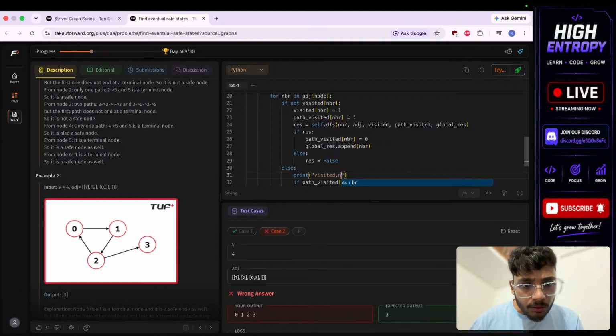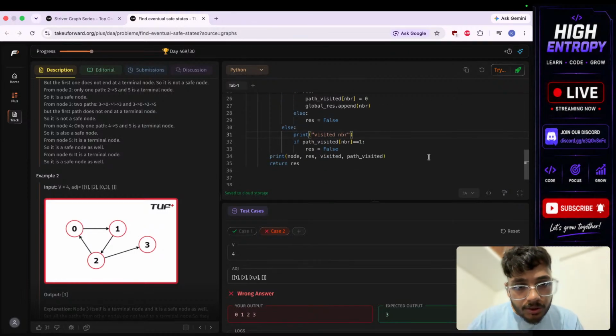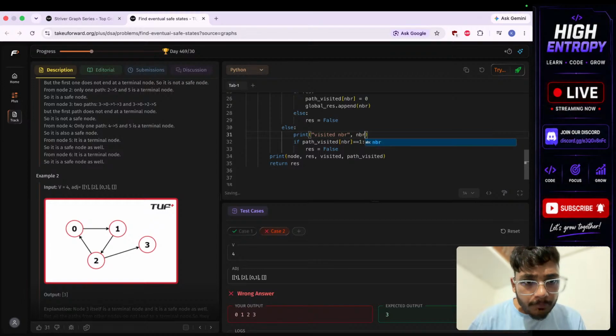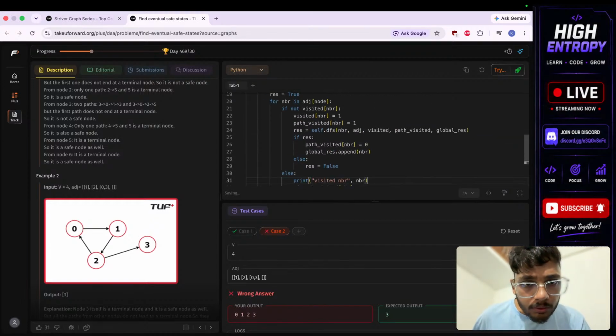Visited neighbor. So actually I'm just debugging, I don't know, something somewhere. I'm just returning the result, and that is causing the issue. I missed one corner case, I think. So visited neighbor, and the neighbor will be NBR, and for that